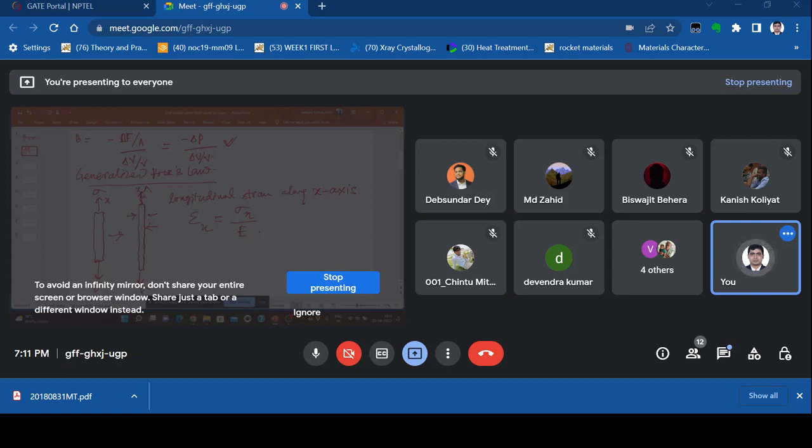So we can write the transverse strains in y and z axis as minus nu times sigma x by E. So this is our Poisson's ratio, that is basically the ratio of lateral strain to longitudinal strain. So these are the strains that are developed because of this sigma x that we apply in x direction only. Okay,